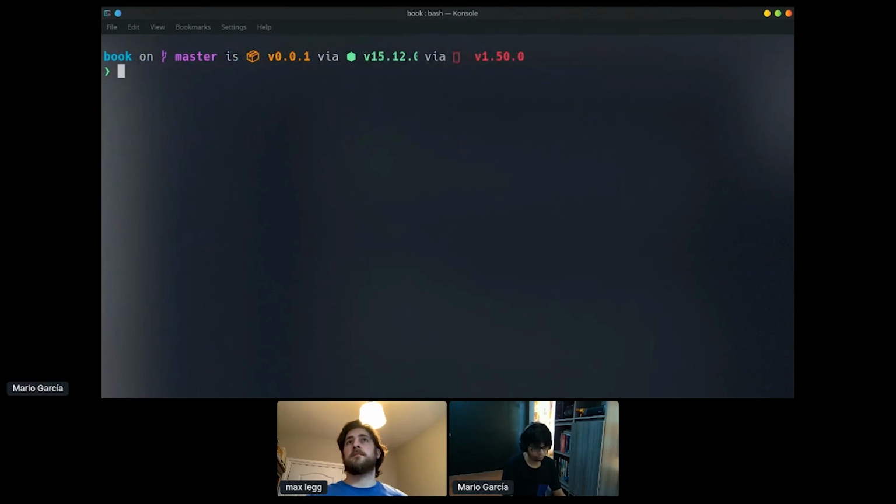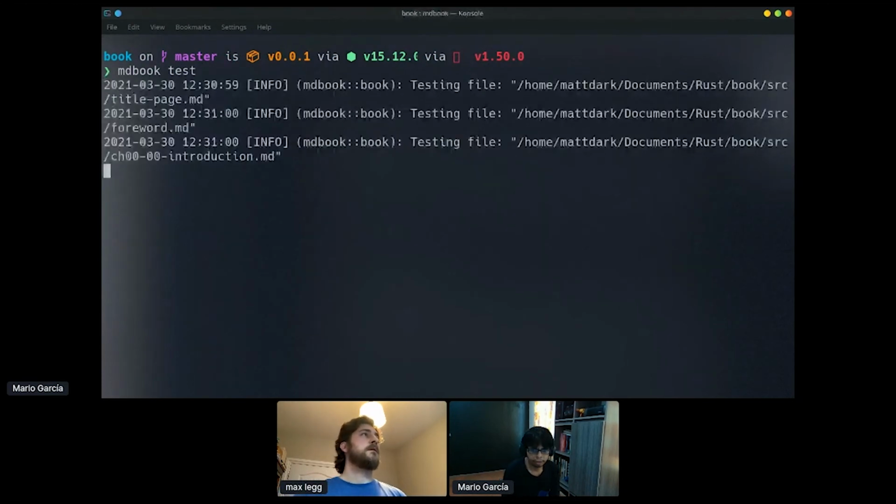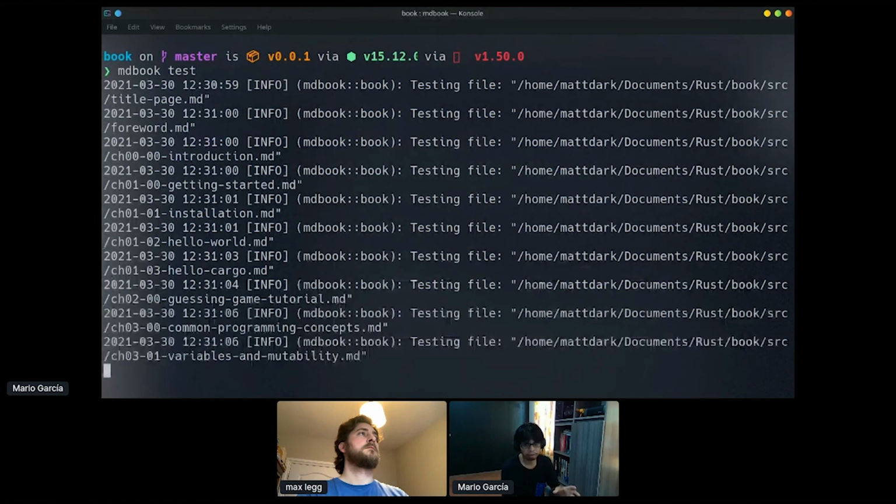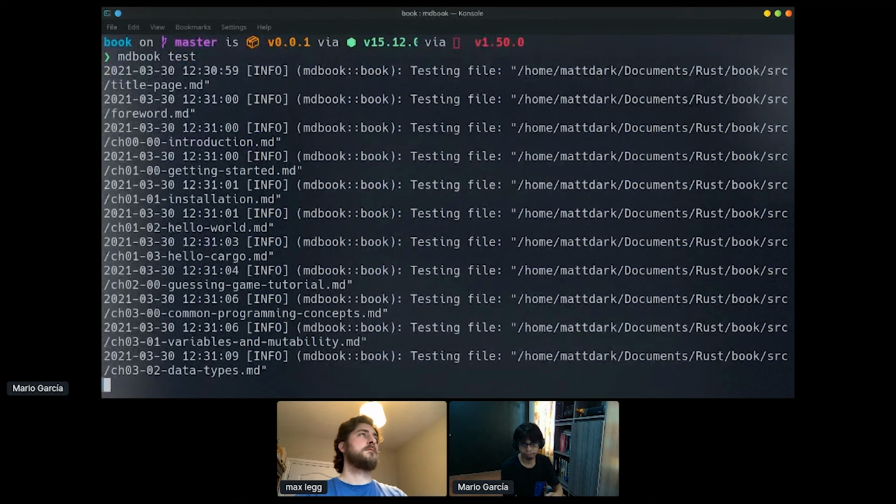If you are already familiar with ROS, you must remember that the book contains pieces of ROS code for explaining the language and the features that it provides. So if I run mdbook test, it will check the ROS code in every file that is part of the project. So it will take some time finishing this task, but in general,